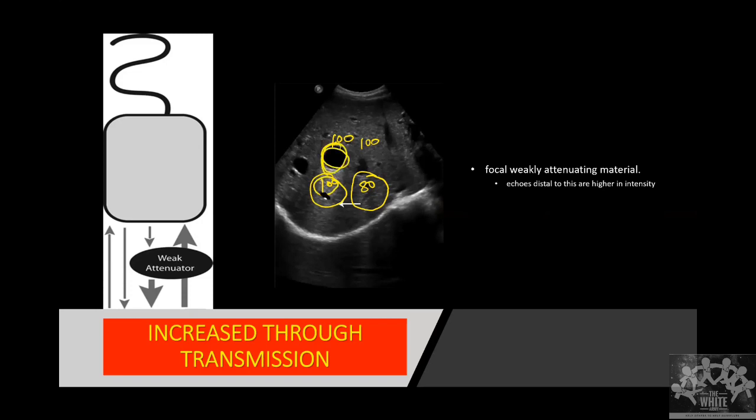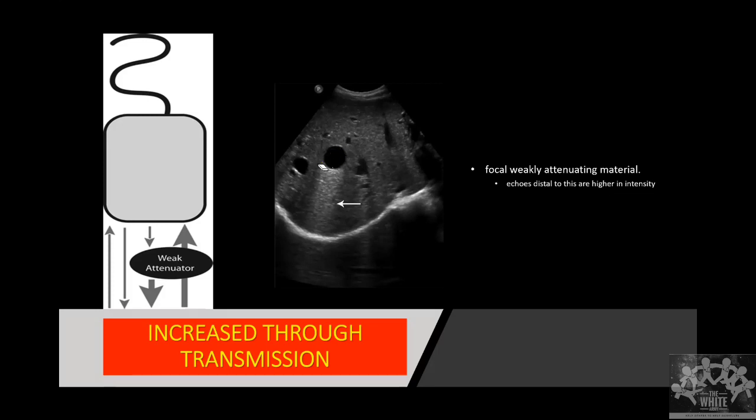So whenever sound goes through a cyst, it is not reflecting any sound. Pure fluid is there. Whenever there is pure fluid, or any cyst as such is like a fluid, it is reflecting less sound. Even if there are some dots inside, no problem. Unless it is a soft tissue, it will reflect almost no sound. Only the dots will reflect the sound, the rest of the areas will allow the sound to pass through.